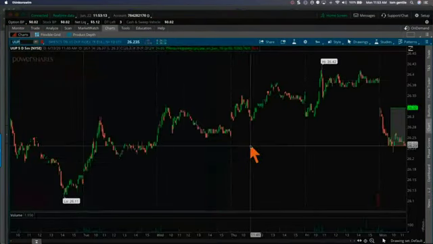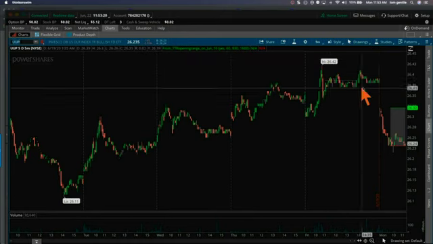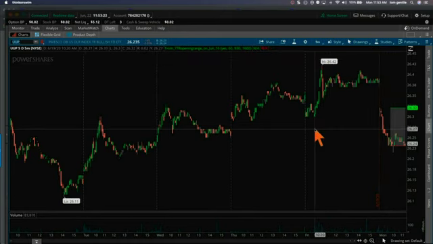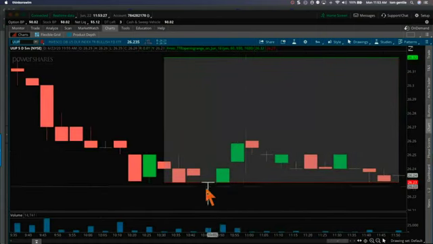UUP is at 2624, and it got as high Friday as 2642. All right, so we're not quite yet at the resistance level either, but I want you to pay attention to this. We're down here near the bottom on cash. So if we're on the bottom on cash and we're on the bottom on bonds, that is a double whammy to the stock market actually moving higher. Maybe not a double whammy. If you're long the stock market, this is in your favor.